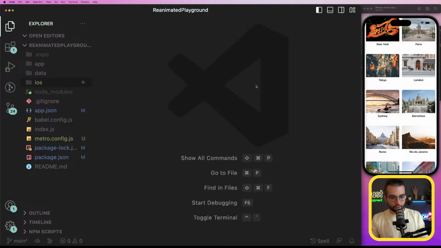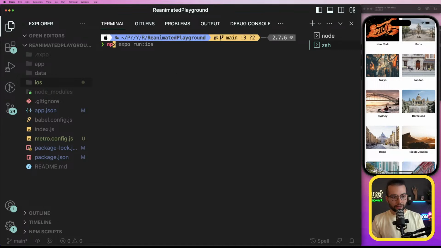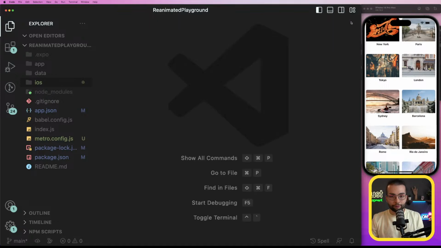All right, so let me see what other people are asking. Maybe we can cover some questions. What about using Android? For Android, it's the same. npx expo run Android. I actually haven't tried that, but you can't use the QR code anymore. You cannot use it from the